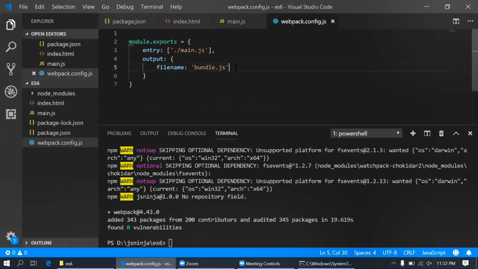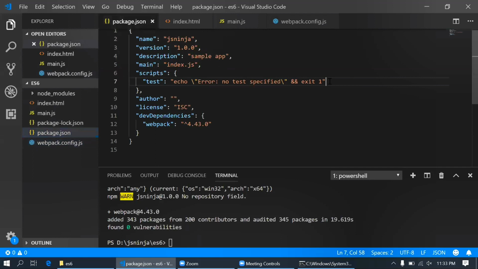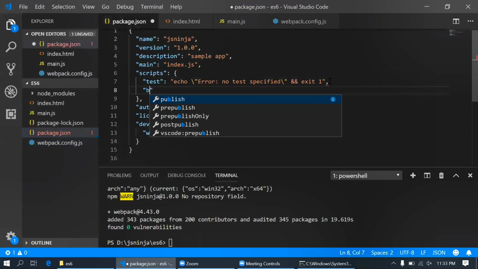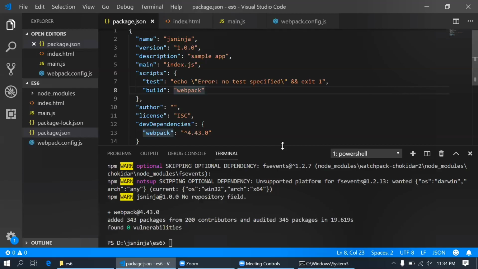After this, we go to package.json, and inside scripts we are going to create build for our application. Inside build, we will mention webpack, because for our application we are using webpack for converting. That's why we are mentioning webpack here.